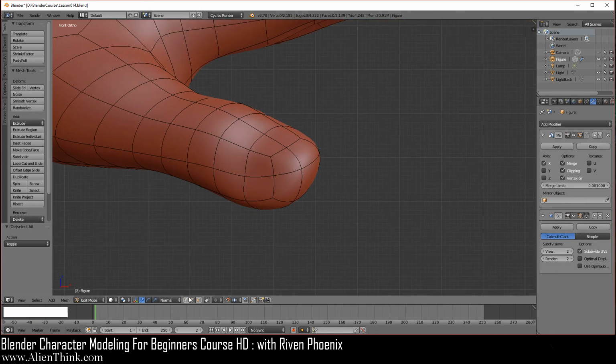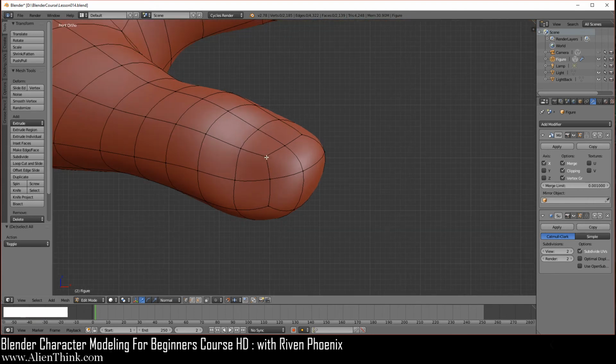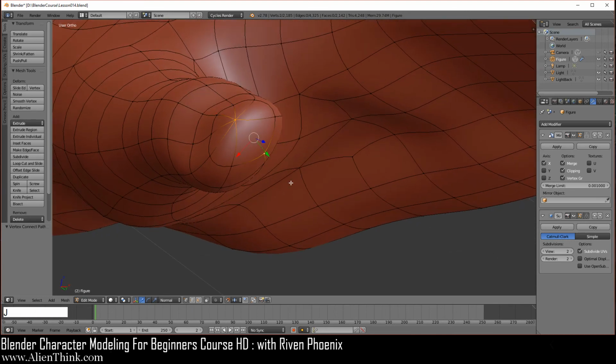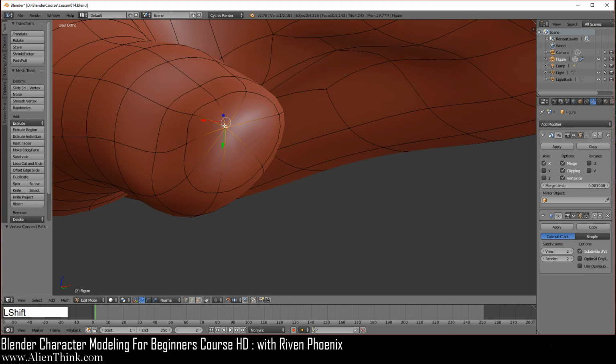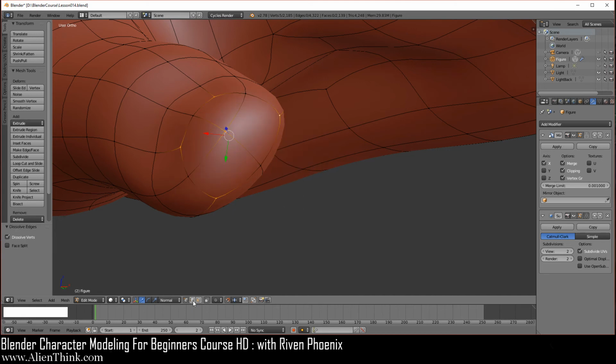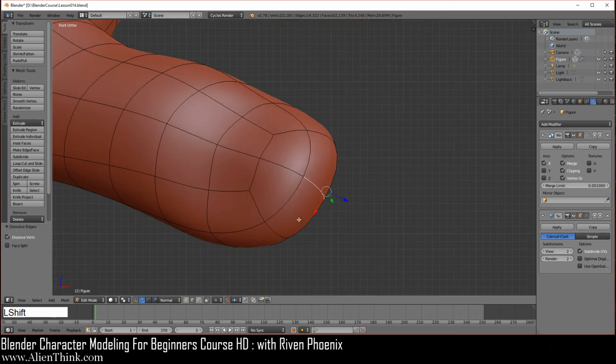Okay, so now you're going to click on these vertices over here, click on this vertex, this one, press J to join, click on this one, J to join, click on this one, J to join, then rotate it up, click on this one, and J to join. Now just click on the center, shift key down, this, and then this. Okay, make sure you selected this X and you're going to dissolve the edges, so it'll give you a quad over here automatically. Click on this one, go to your front view.